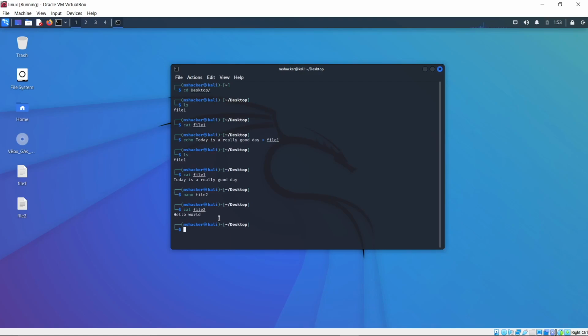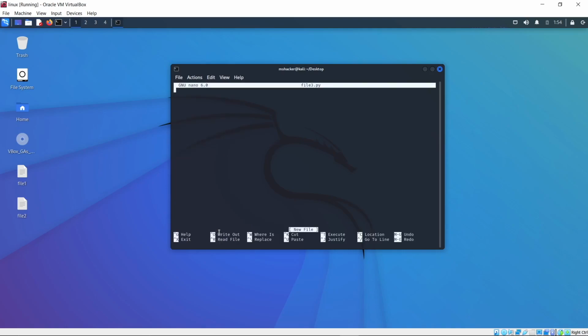For example, how can we create a Python program using Nano and terminal? First, we need to open a file. So let's type nano and then file3.py. And in this case, we add .py because that is the extension for Python programs. Then inside of it, after pressing enter, we are going to run a simple command which is print and then hello world